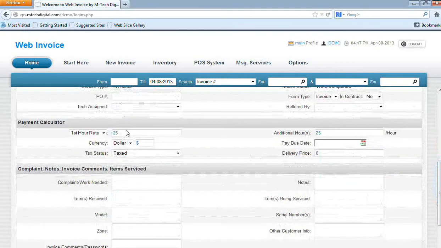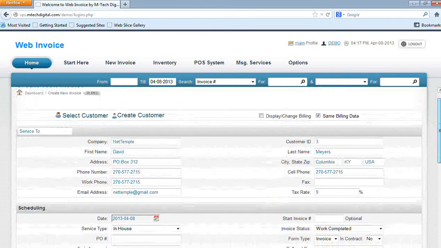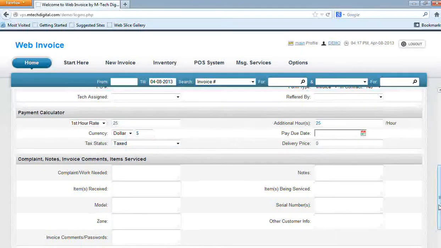As you can tell, at first hour rate is 25, additional hours is 25 an hour. This is also pulled in after we pulled in the customer. After we selected this customer, all the information got populated, including hourly rate and currency and the tax rate. We're going to have a tax status of taxed, delivery price of 0,